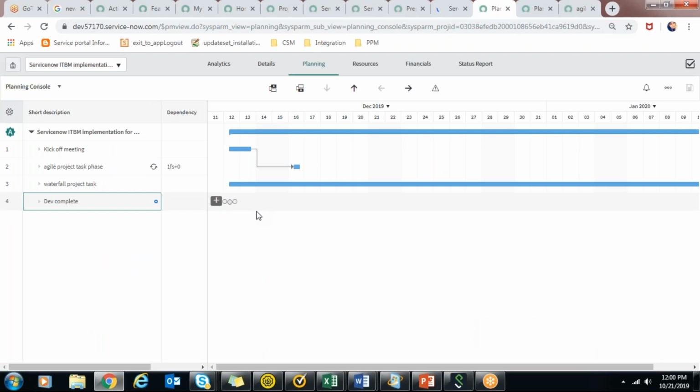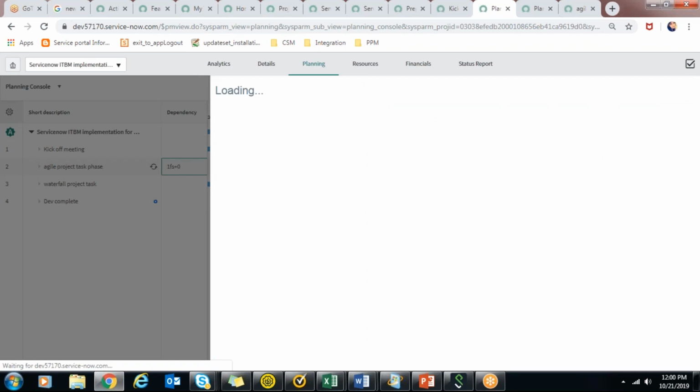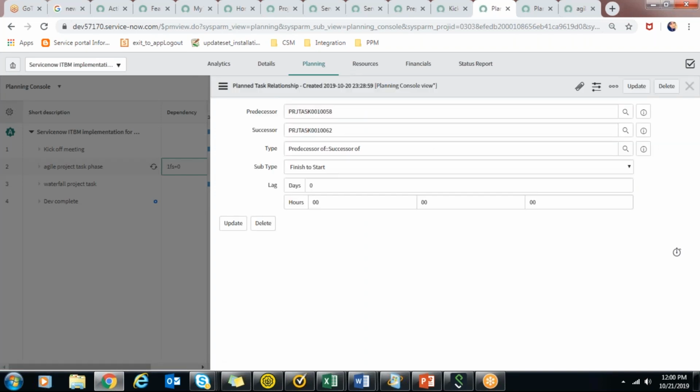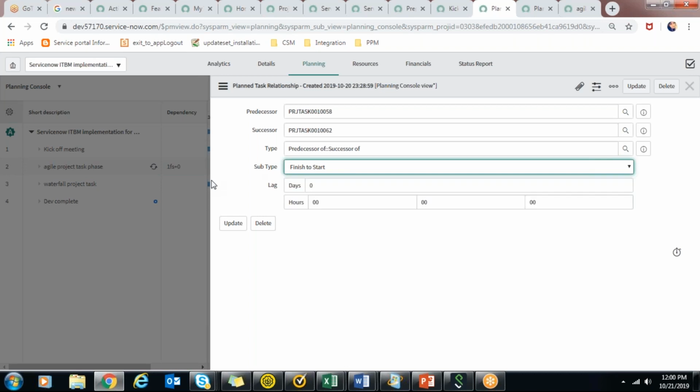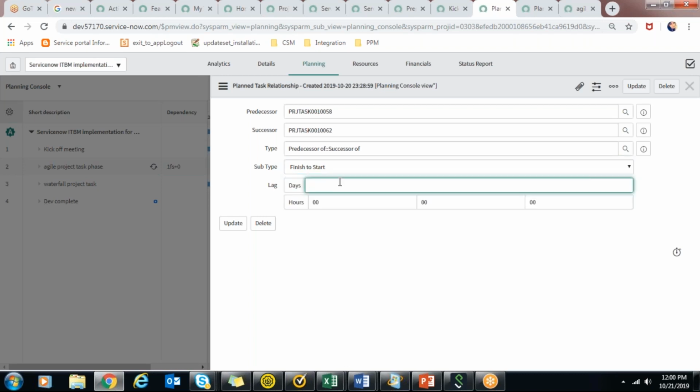And in this planning phase, this finish to start, if I want this to start after some days, if I want a lag or delay, you can just click on this dependency link. This dependency that has been created between these two project tasks shows what is the predecessor, what is the successor task, and what is the subtype. These are the types which you can define. And if there's a lag of 2 days, like after the finish of the first task, if you want 2 days to be there, and then the next task to be created, you can do it like this.